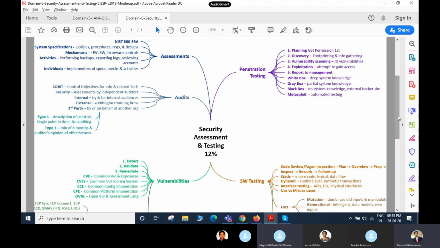Okay, then we have another topic right now. The next topic is penetration testing. So why do we require penetration testing? Is penetration testing required first, or do we require some vulnerability assessment first? VA, vulnerability assessment, or penetration testing first? Which one do you think we are going to use first, and why?